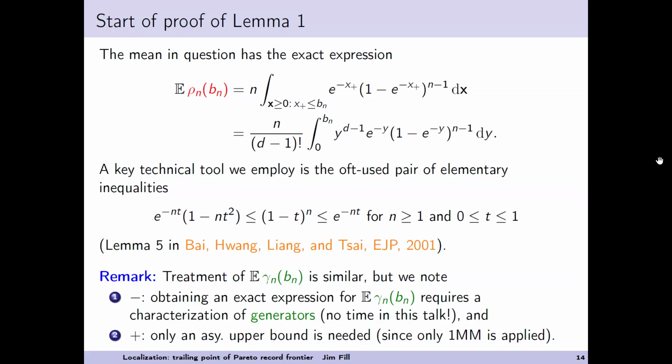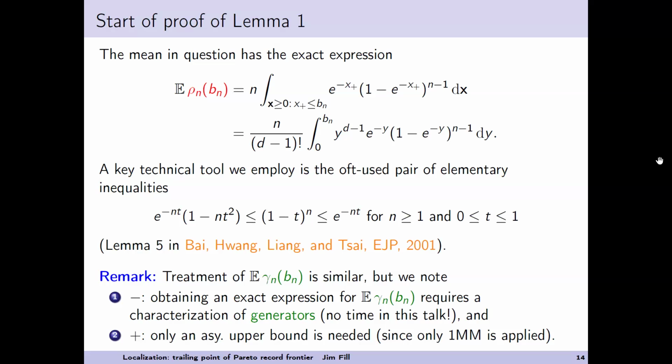And now all you have to do is deal with this univariate integral. In particular, you can upper and lower bound this factor using a pair of inequalities that appeared in a 2001 paper by these authors, elementary inequality, right? And the last comment I'll make is this, the remark: the treatment of the expected number of